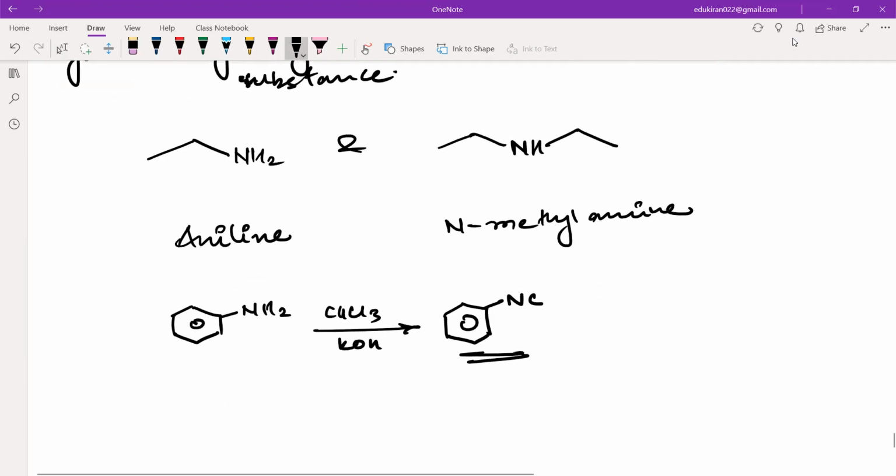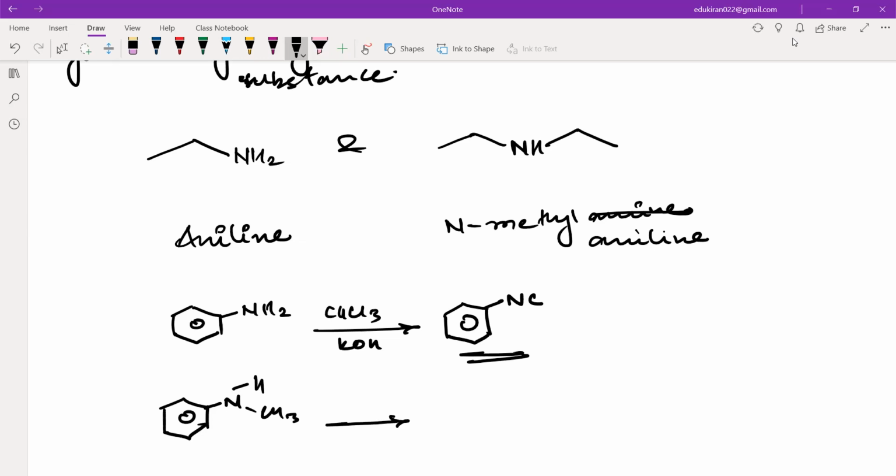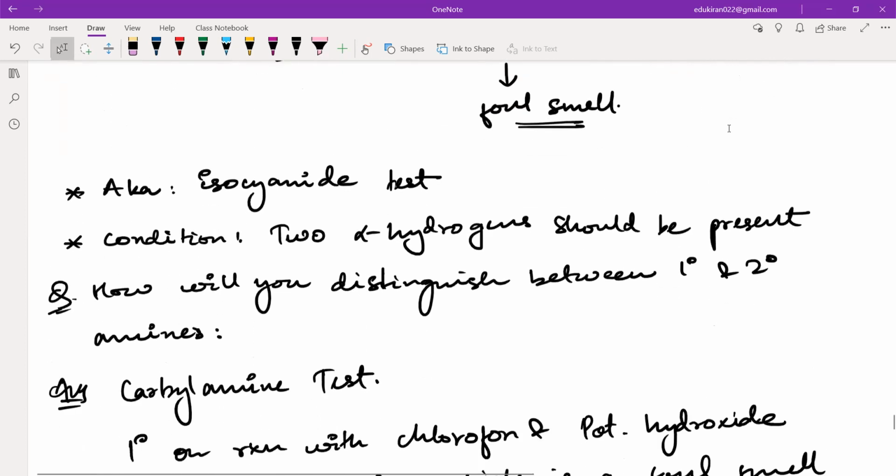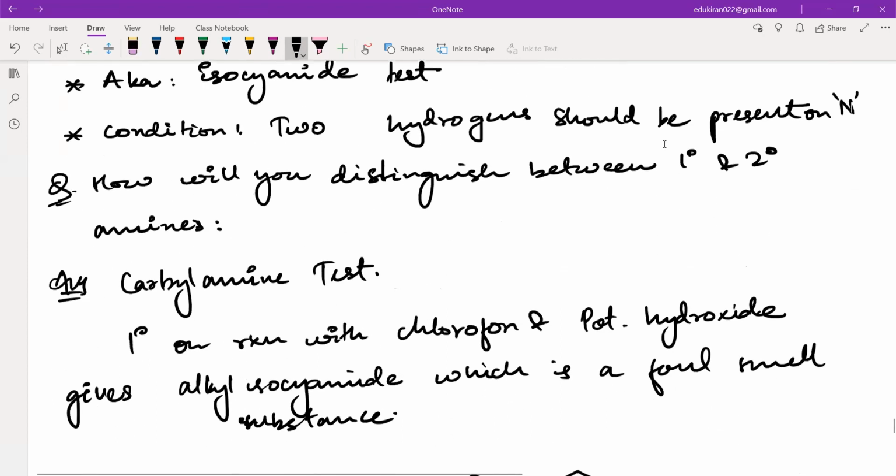और अदर अमीन नहीं होगा, इट्स बी एन मिथाइल एनिलीन। भाई अगर हम इसको देखें, नाइट्रोजन इज देयर एंड यू हैव हियर नाइट्रोजन एंड देयर इज वन CH3 ग्रुप। यहाँ पे CHCl3 जो होगा कोई रिएक्शन नहीं देगा, ठीक है। एक चीज को यहाँ पे आप ये कर लीजिए, 2 हाइड्रोजन शुड बी प्रेजेंट ऑन नाइट्रोजन, ठीक है।